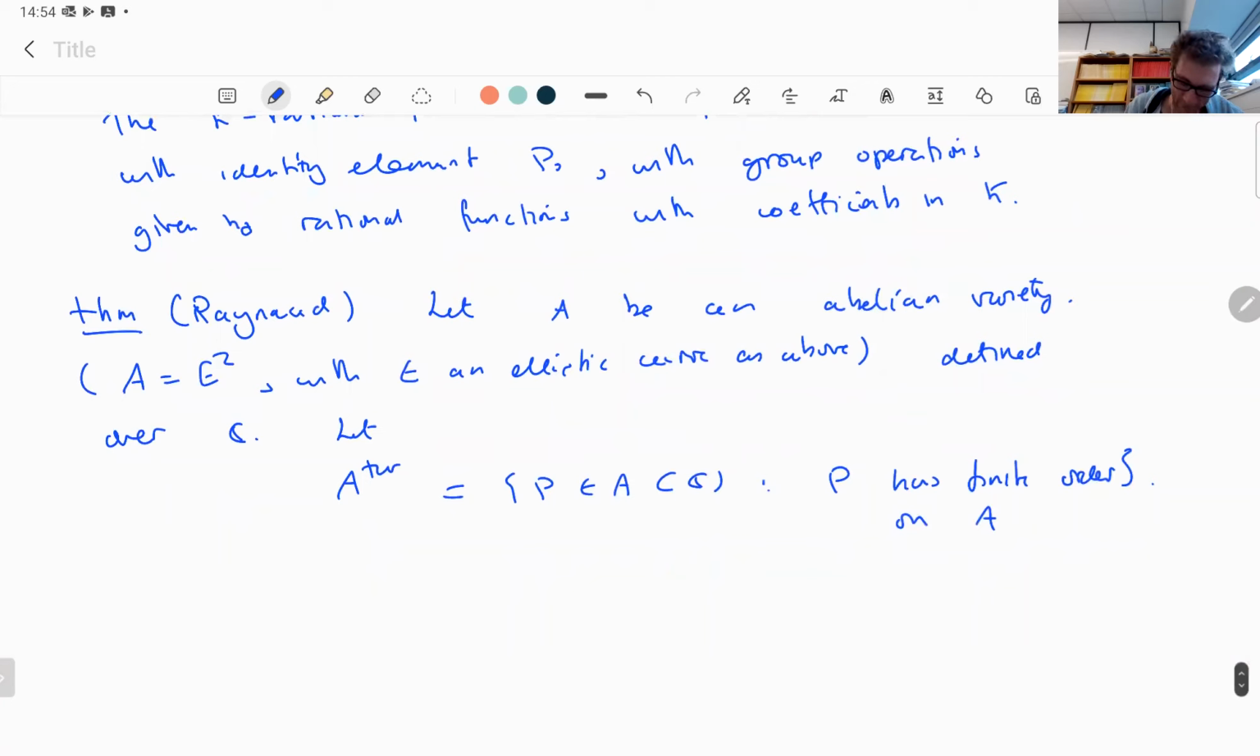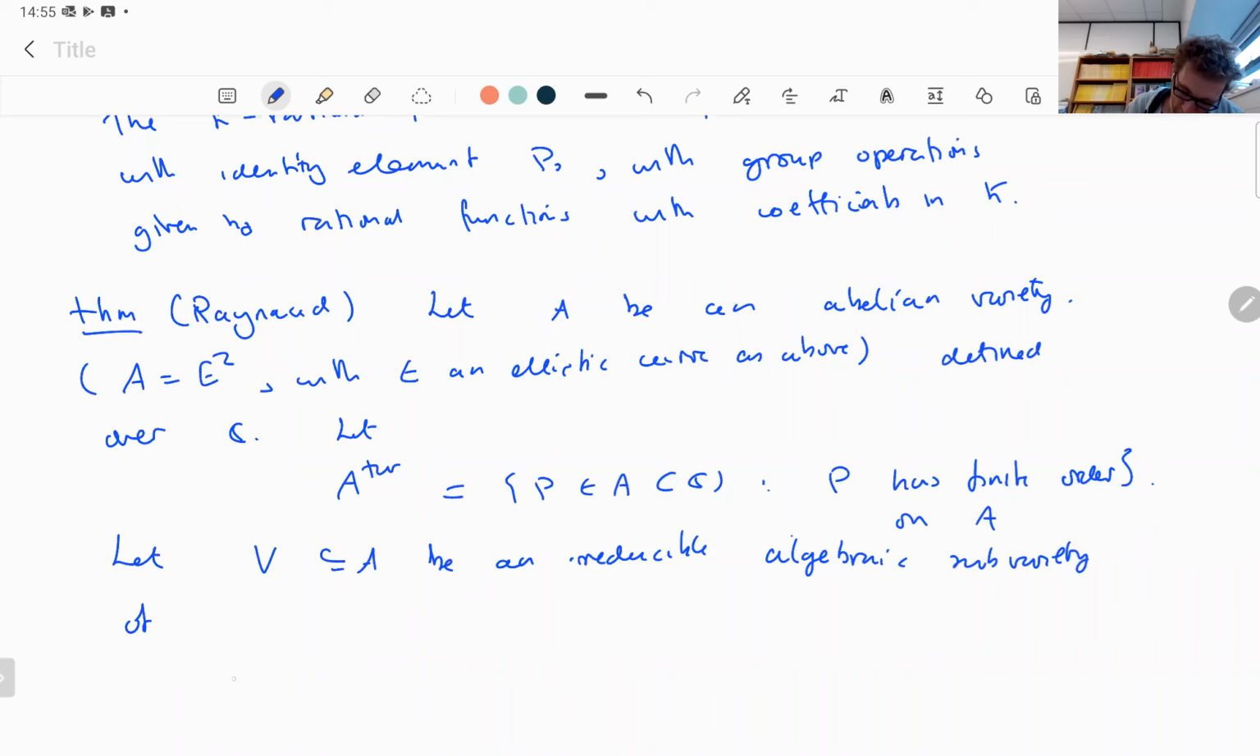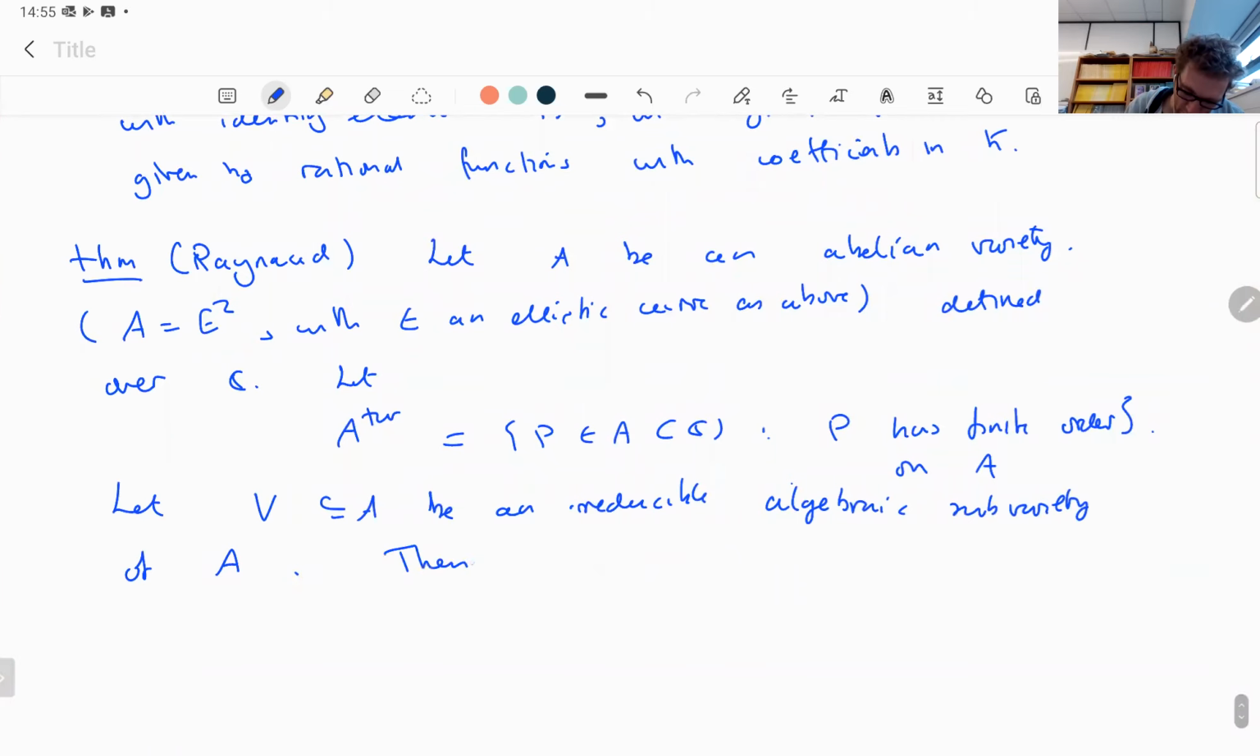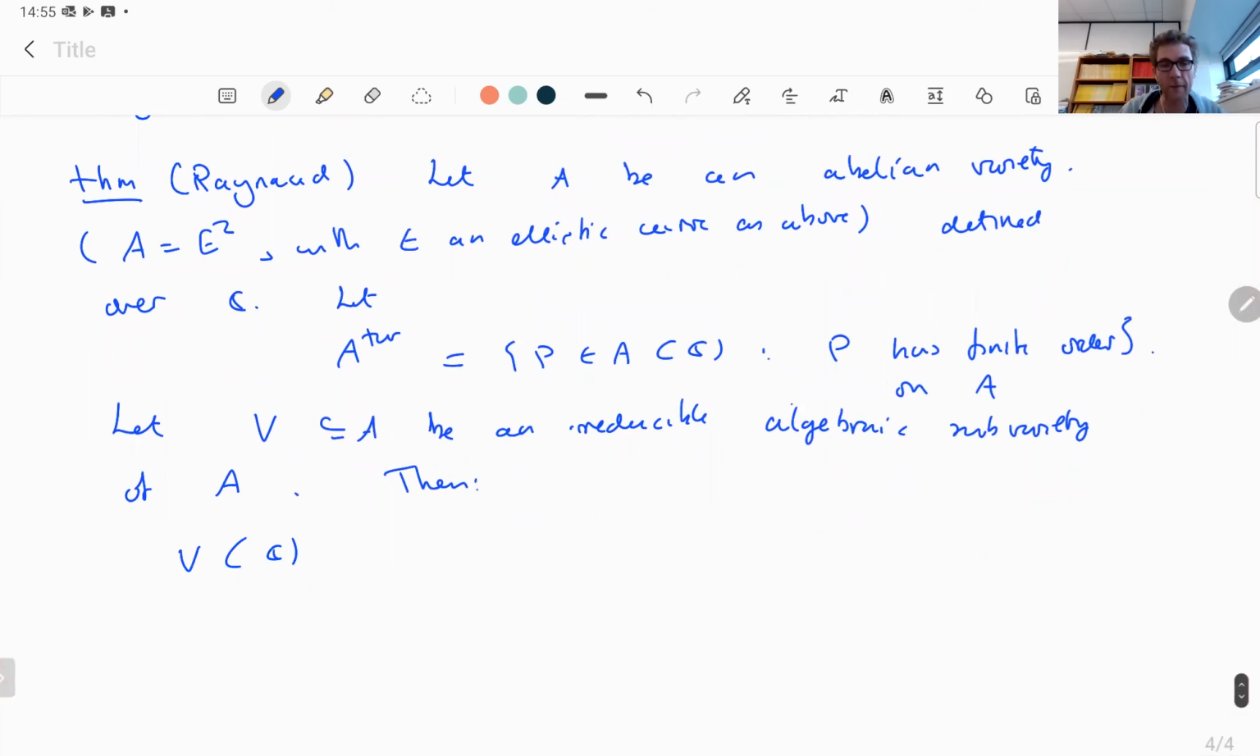Then what the theorem tells us is, well, we need to let V be an irreducible algebraic subvariety of A. Then, when I look at the points on V and I intersect them with this torsion, this is Zariski dense in V